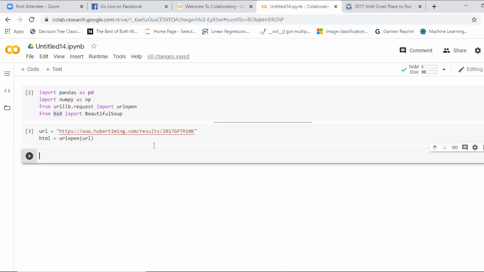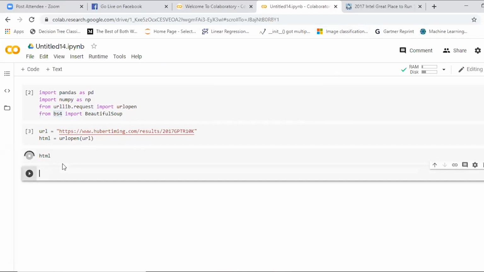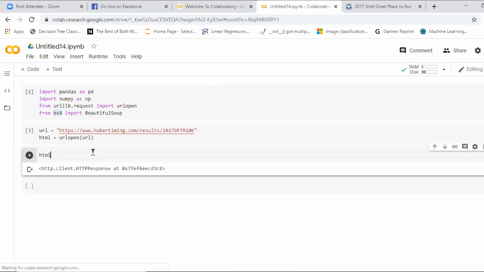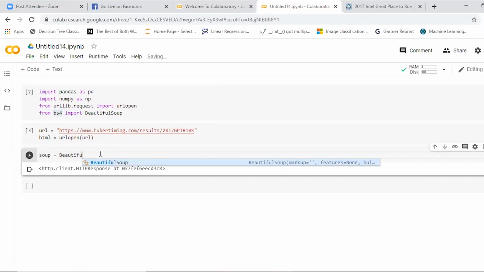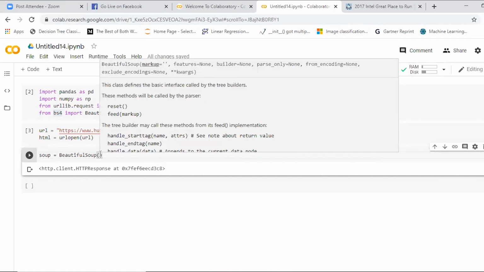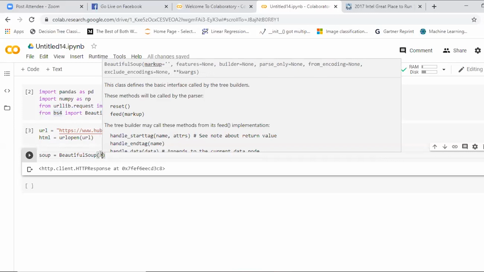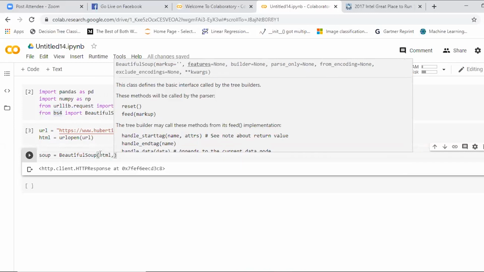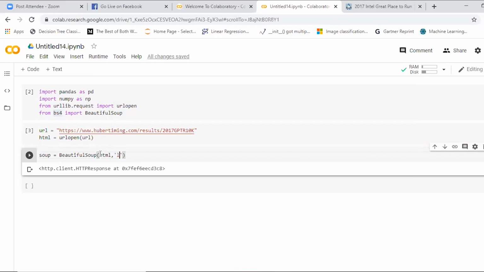So what do I do? See, this step is for taking the URL and opening the URL. If you type html directly, you just get the response code of it. That means your html, that is a variable name, is opening that URL, and you need to retrieve the content from that URL. So then you use your Beautiful Soup. soup is equal to BeautifulSoup of html, so you can see markup. What is your markup language? HTML. And the features, where I use the lxml format.